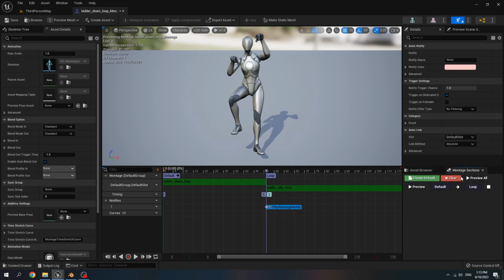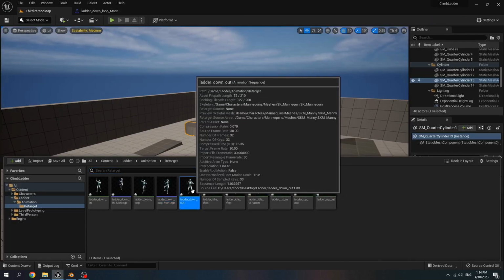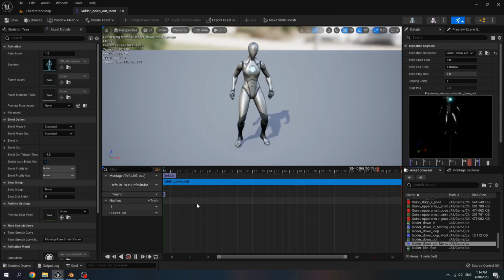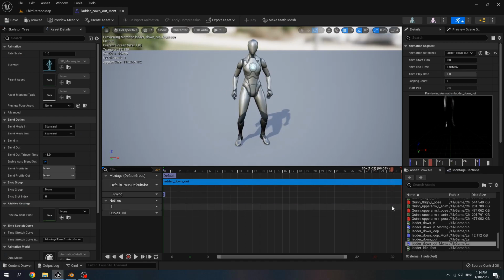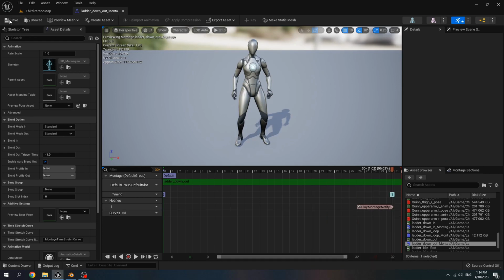And for montage section, choose loop. For ladder down out, right click, create any montage. Open this animation montage. Then near the end of the animation, right click, add montage notify.